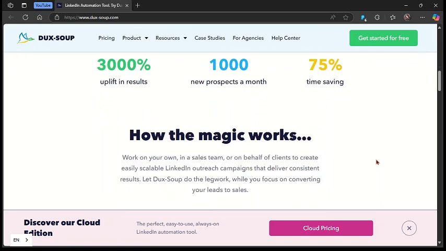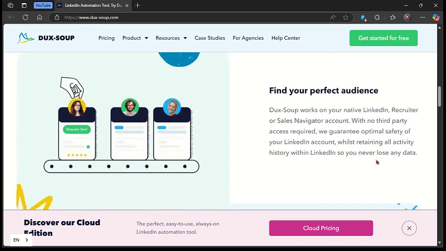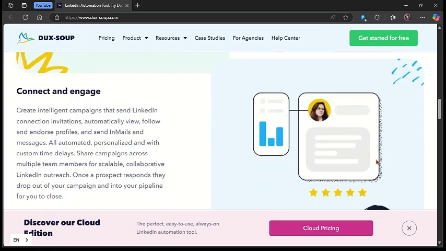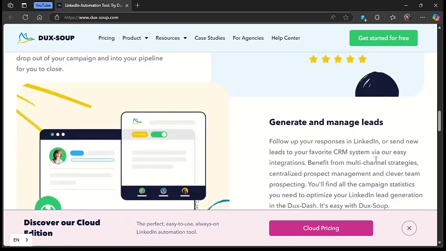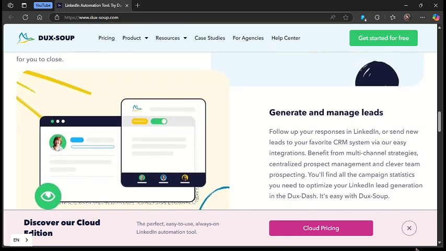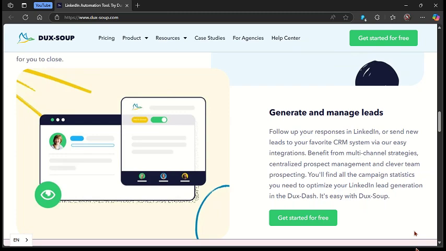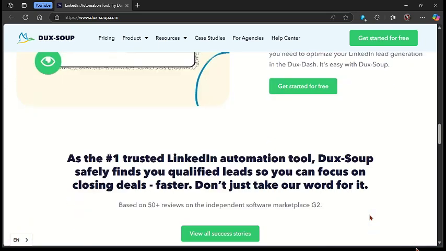It automates actions like profile views, connection requests, personalized messages, emails, endorsements, and drip campaigns, all without needing manual input. With integrations for CRMs like HubSpot, Pipedrive, and Salesforce, Dux-Soup helps users track scores and manage leads directly from LinkedIn activities. It's especially popular among recruiters, B2B marketers, and sales professionals who rely on LinkedIn to reach out to high-value prospects